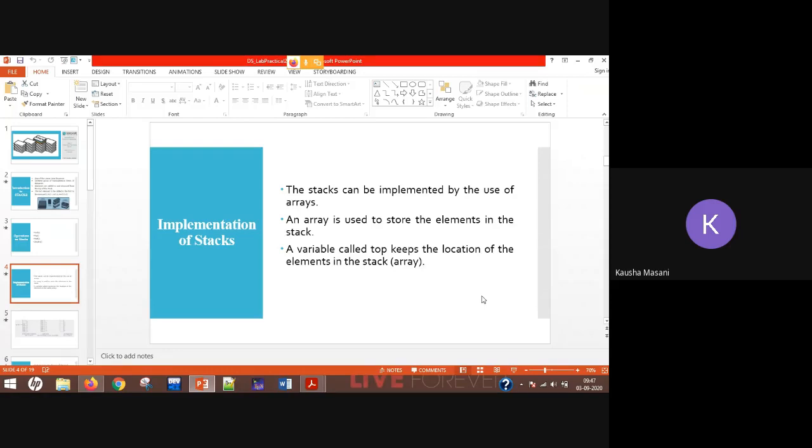Yes, but how will you find out? You are not going to see on your screen, right, Rishabh, that there is no data. How will you make out that, okay, there is no data because of this condition? There is no function like empty. There is one small condition with respect to your top variable.